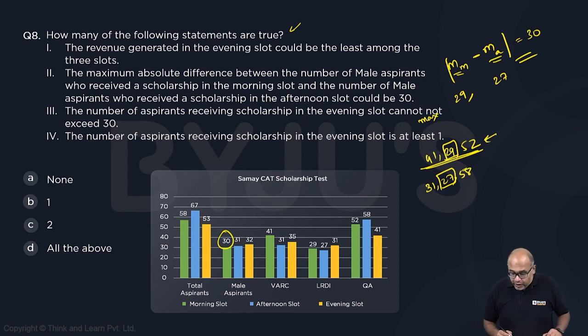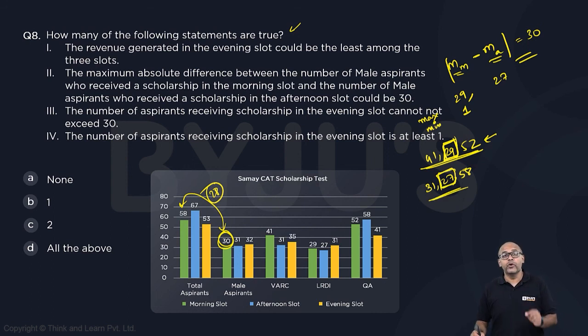So if you're looking at the morning slot, total number of males are 30. Okay, total number of males are 30. Whereas you're looking at 29. So what is the minimum number of males who can get all 3 sections? So if I want the males to be minimum, I will maximize my females. So what is the number of females I have in the morning slot? I have 28 females. So what I'll do is, while there are 29 people who can get the scholarship because they are clearing all 3 sections, I can say 28 of them are female, which means one of them has to be male. Similarly, if you're looking at the afternoon, while there are 27 people who can clear all 3 sections, the females are